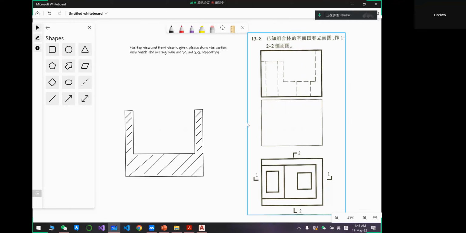And some students said that they can't imagine how to draw this one. This one is the front view, and the thick line is the outline of this object. Of course, here is the top view of this object, and the dashed line inside the wheel means that there is a line covered by this part. So you can see here is a dashed line. It means that this dashed line is here, and here maybe is a deep